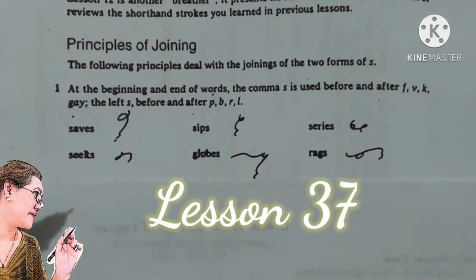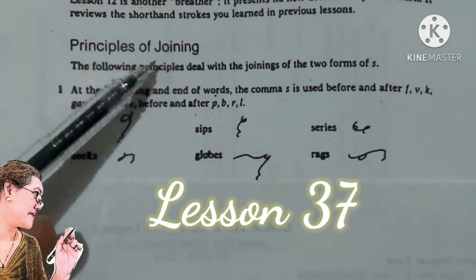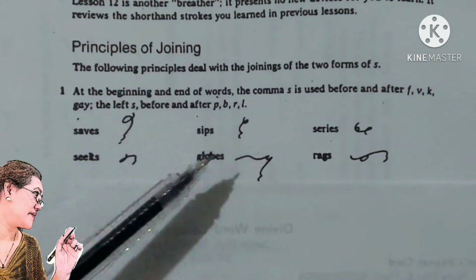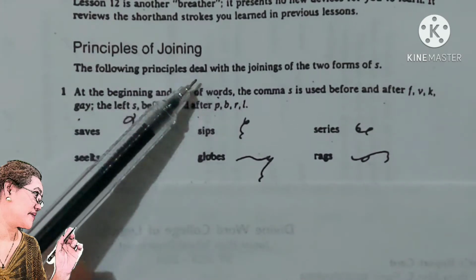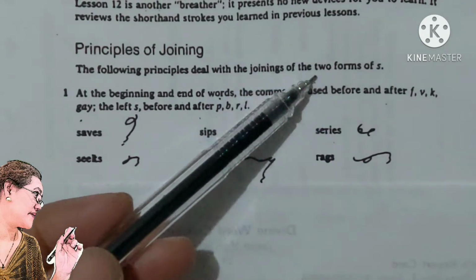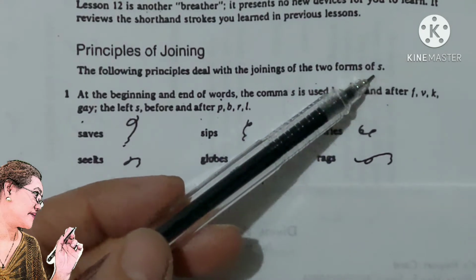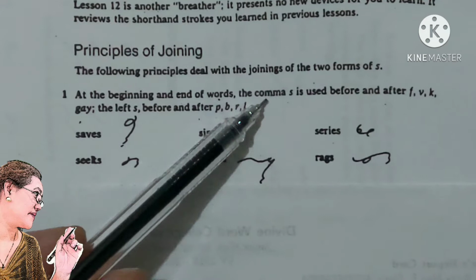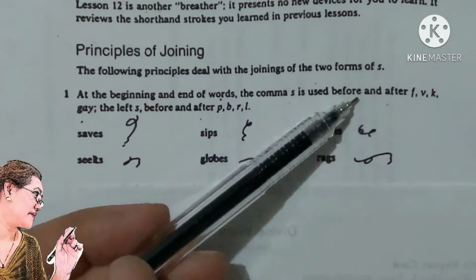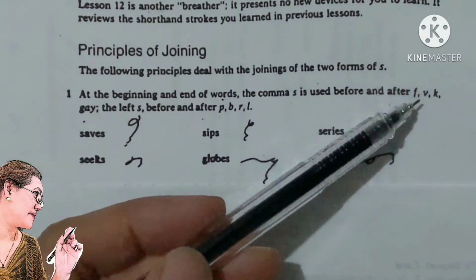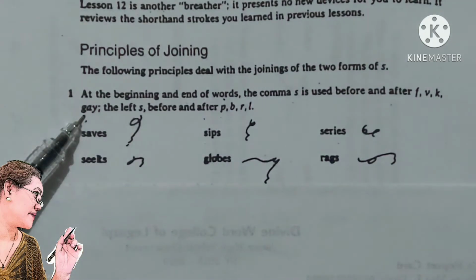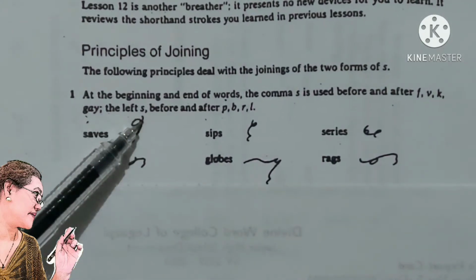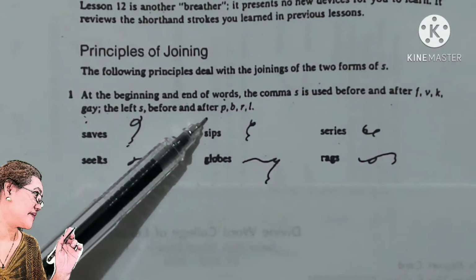This is a recall chart. So, principles of joining. The following principles deal with the joinings of the two forms of S. At the beginning and end of words, the comma S is used before and after F, V, K, gay. The left S before and after